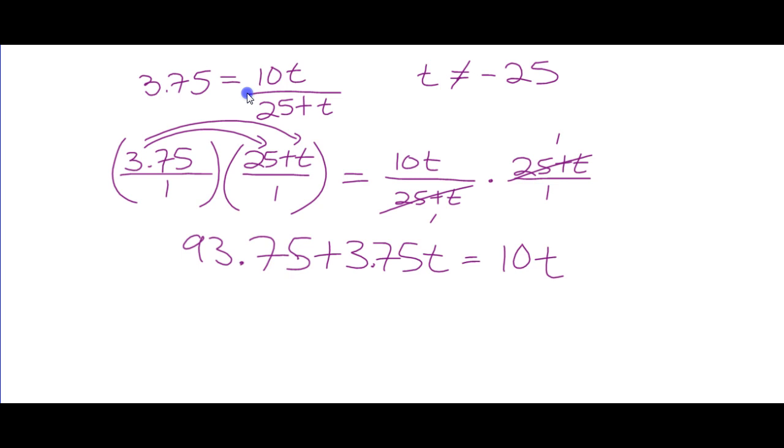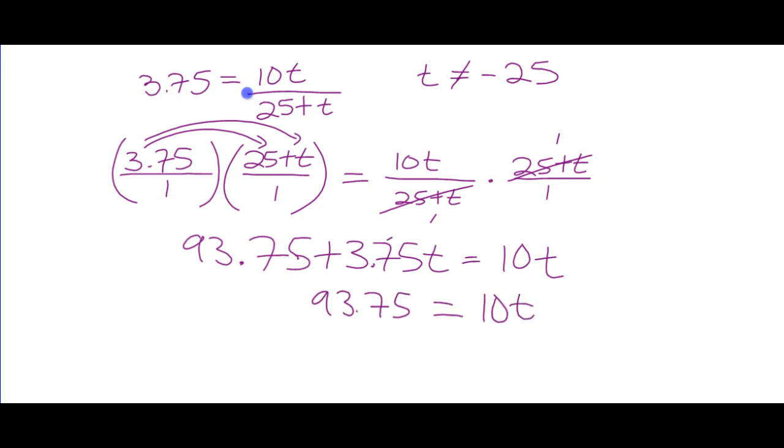Okay, so the idea is factor the denominators, figure out the lowest common denominator. It's kind of like add or subtract to that point. Multiply through by the lowest common denominator so that all the denominators end up as 1s, and then solve the resulting equation. So to solve this, we're going to keep the 93.75,